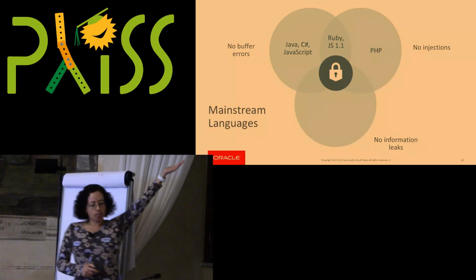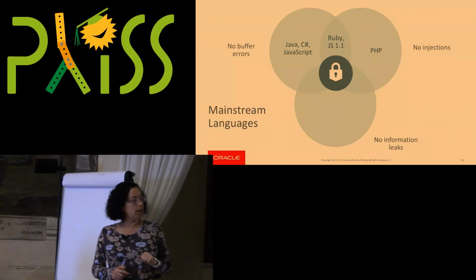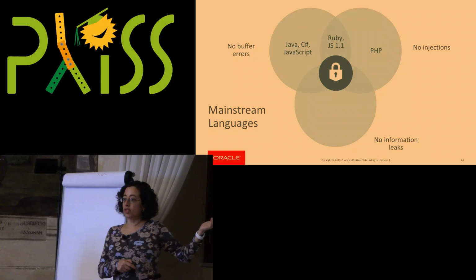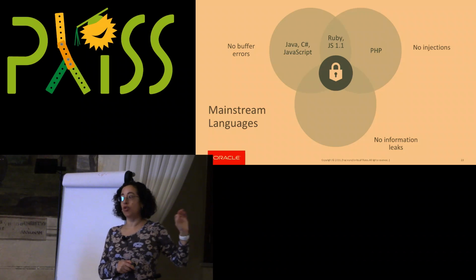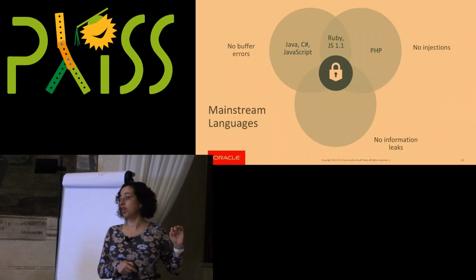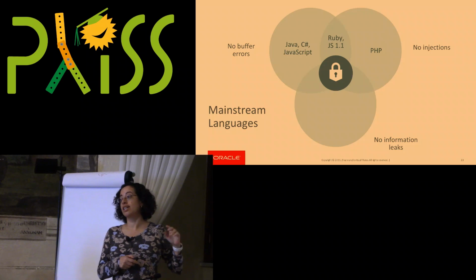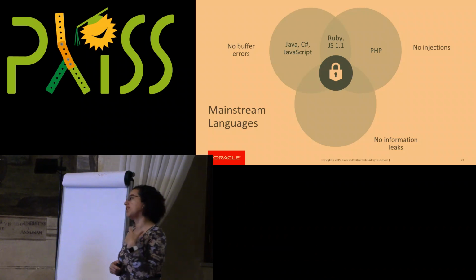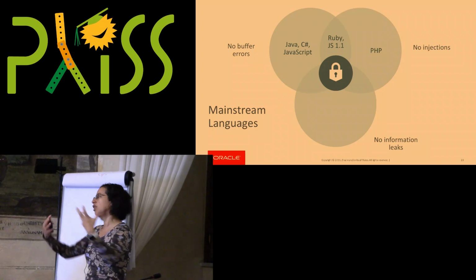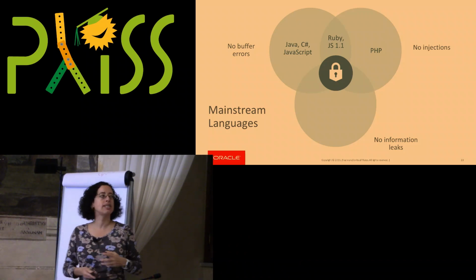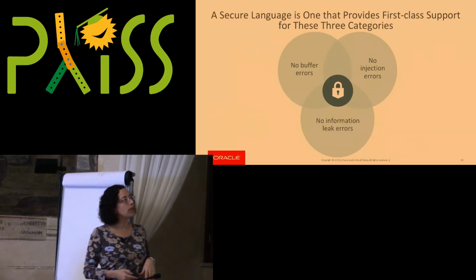Okay, and then the most interesting thing to highlight here is not only that there are no abstractions that have actually made it to mainstream languages in the area of information leak support, but more widely that there's no language here in the middle, right? There's no one language that we can point to and say this mainstream language has actually looked at abstractions for these three very common types of vulnerabilities that happen in today's world, right?